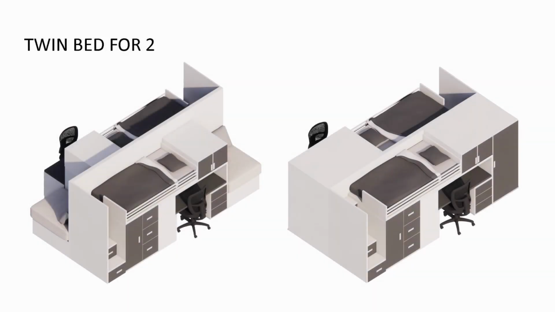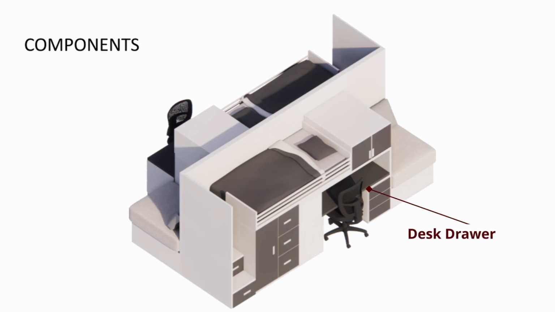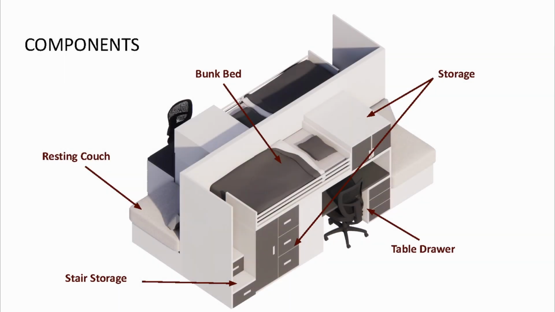Twin bed for two. The twin bed for two persons room consists of two beds on the platforms with a desk under. The stairs that lead to the bed are hidden storage where occupants can keep their belongings. Although both of the beds are placed on the same platform and same level, the users can still sense their privacy from the modesty panel that separates the roommates from each other.